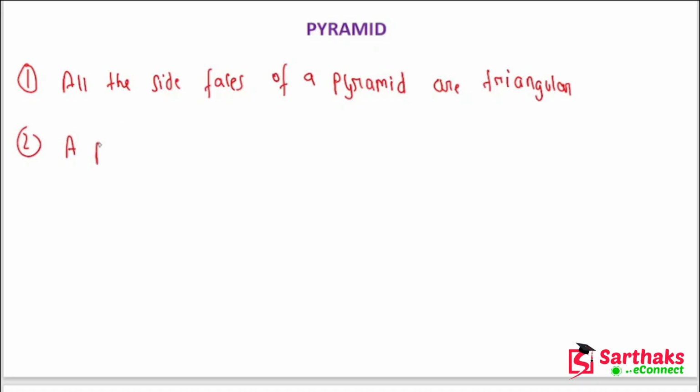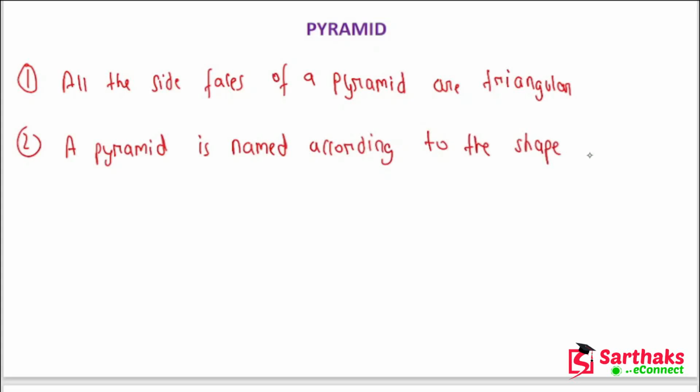Right. And we can write the next point, that a pyramid is named, as I told you I will teach you the classification, it is classified according to the shape. So you must have imagined that a pyramid is named according to the shape of its non-triangular face. Now what is the non-triangular face? That is the base. Okay, so a pyramid is named according to the shape of its non-triangular face